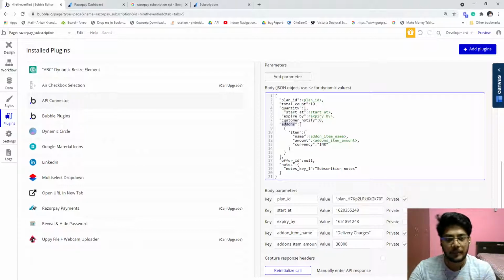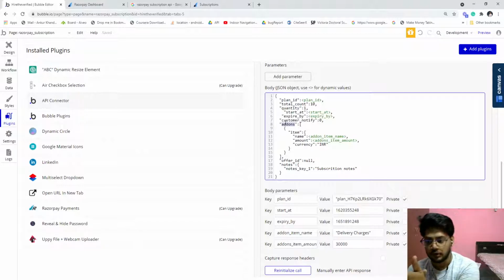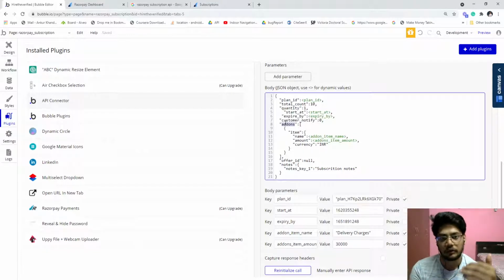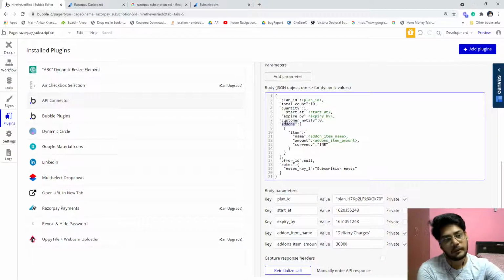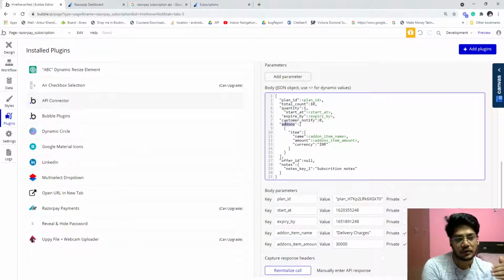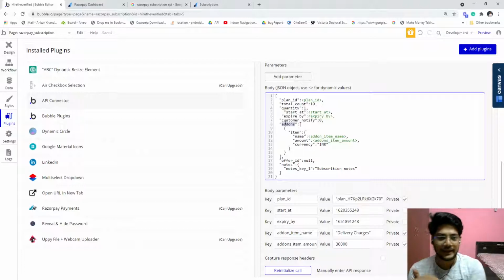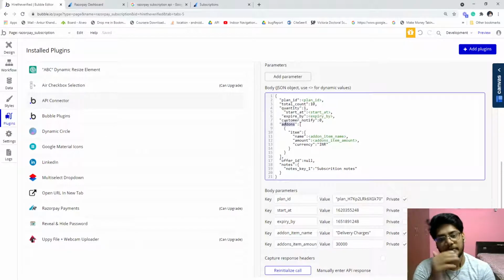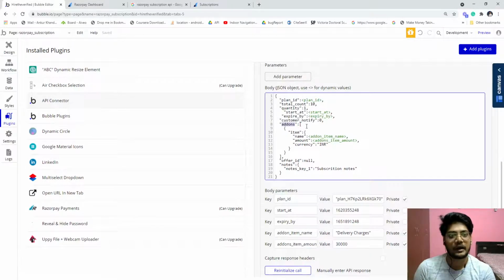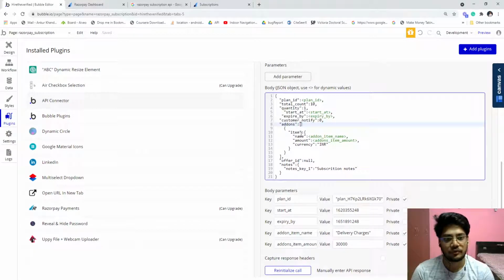So you don't have to manage multiple plans like normal health insurance, plus hospital care, plus emergency amount. You don't have to manage all of those. You just have to create one base plan with the option to add add-ons, and based upon the add-ons, your amount will be charged.